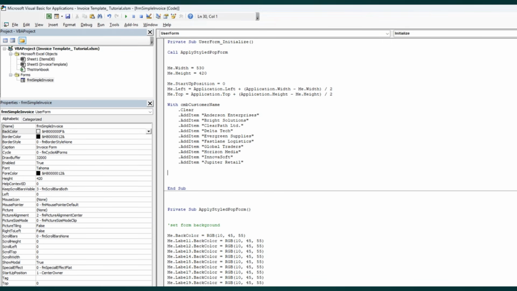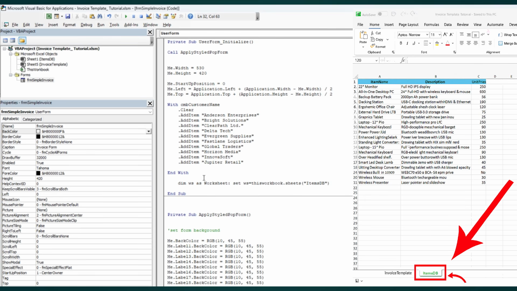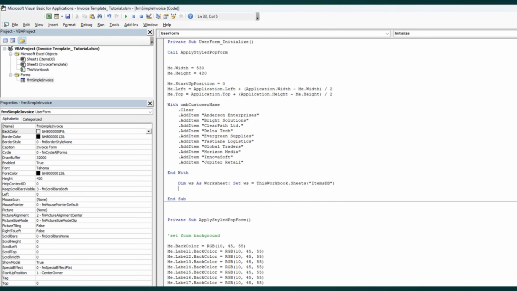All right, like so, and then we're gonna do an end with customer name. Then we're gonna load items from the item database. We're gonna do a Dim ws As Worksheet, set ws equal ThisWorkbook.Sheets, and write "Items Database". That's our sheet name in the database for the items. Then we're going to Dim i As Long, lastRow As Long,